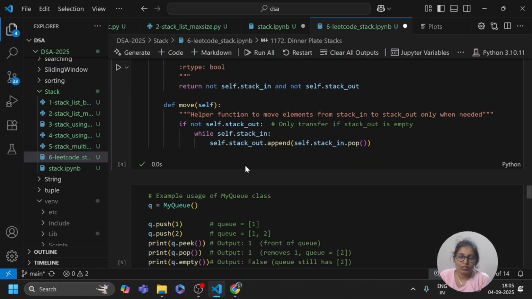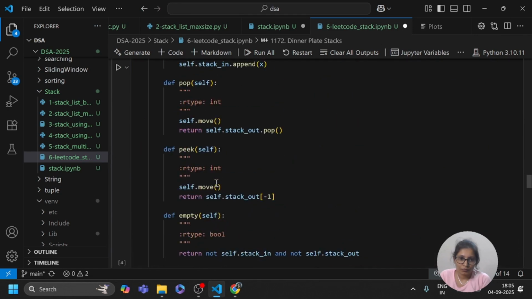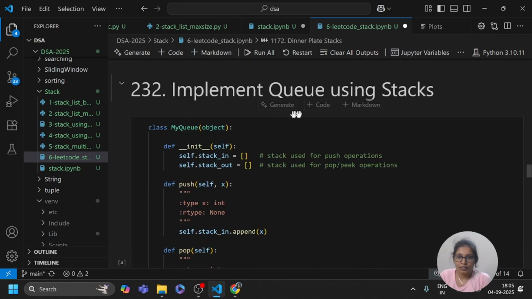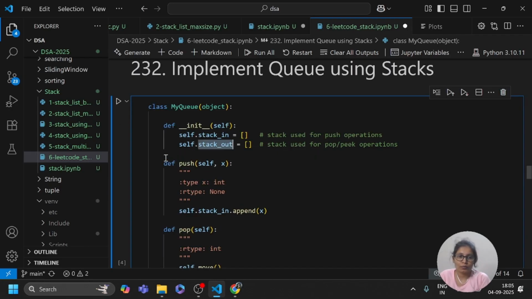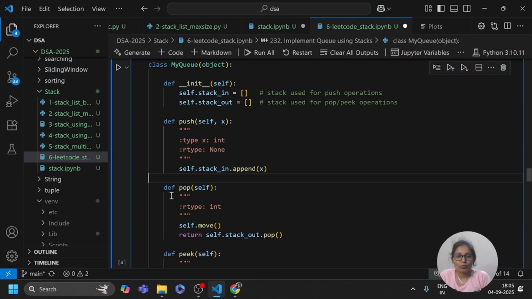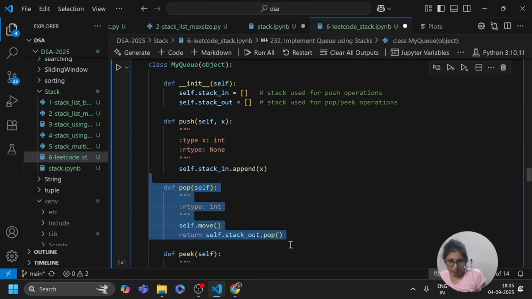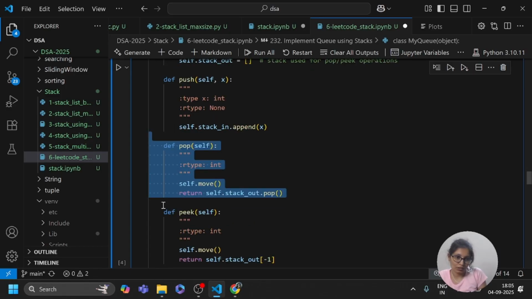Here you can also check: implement queue using stack. This is the stack used for the push operation, and this is the stack used for the pop operation. Push is used to append the elements one by one in the stack. Pop is used to remove the element from the stack, and peek is used to return the top element.